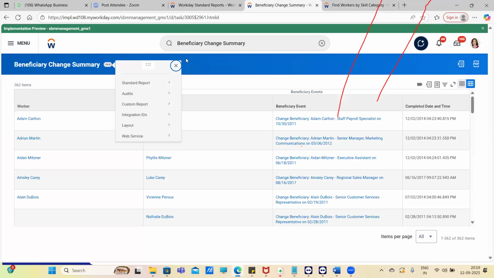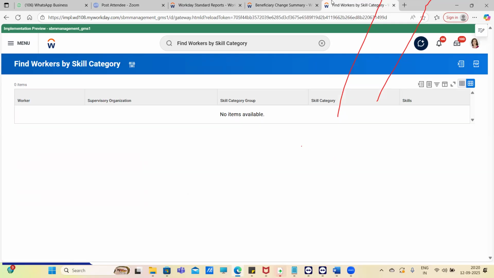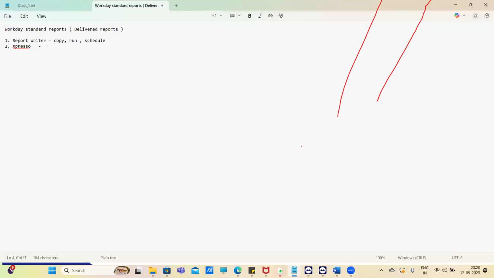So like standard report, are we getting related actions and standard report and all these options here? No, it's not giving any kind of actions, or it's not showing anything apart from the run option. If you just observe here, we have only the run option. Now